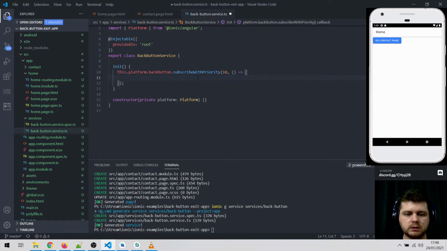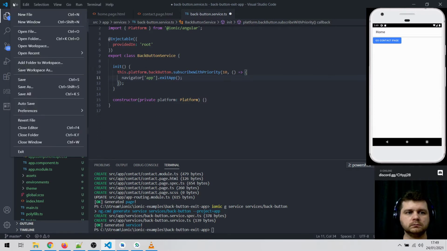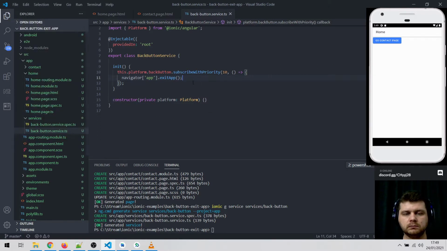We can do this by calling something like navigator get application, and we need to call exit app on it. Okay, let's save all changes, and we need to